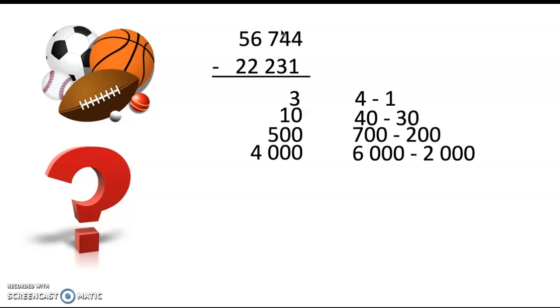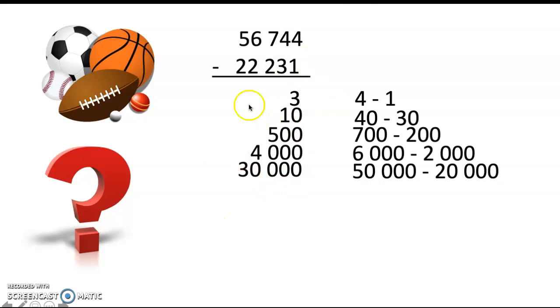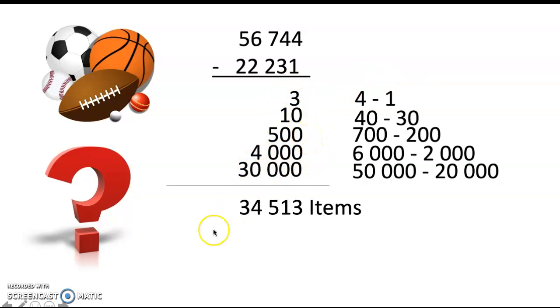And then the last step for part 1 would be 50,000 minus 20,000, which is 30,000. So then we're going to do what to all of these numbers here? What operation? You said addition. You are correct. So we're going to add these together, and the zeros make it easy. So we only have one number in each column, and we have the answer of